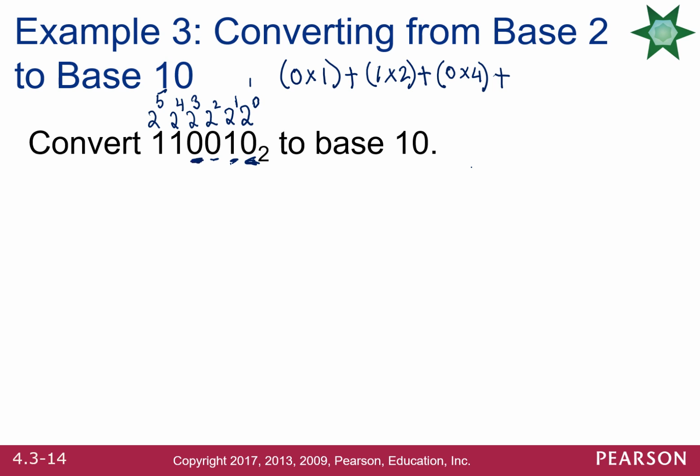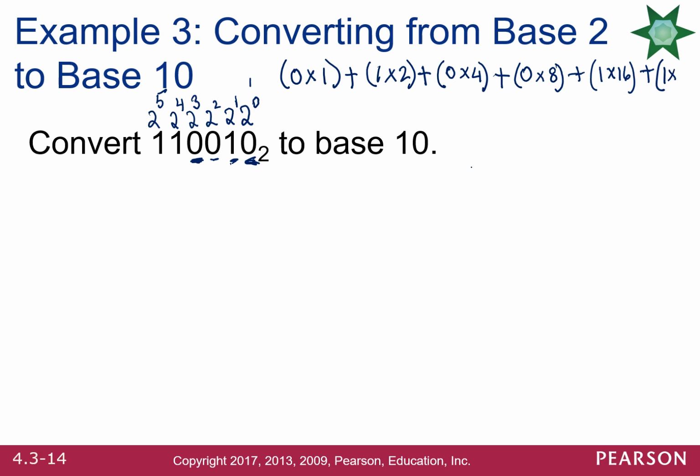so 0 times 2 cube. Here we have 2 cube. 2 cube is 8, correct? So times 8, and then 1 times 2 to the power 4. 2 to the power 4 is 16. So it's going to be plus 1 times 16, plus 1 times, for the extreme leftmost digit,